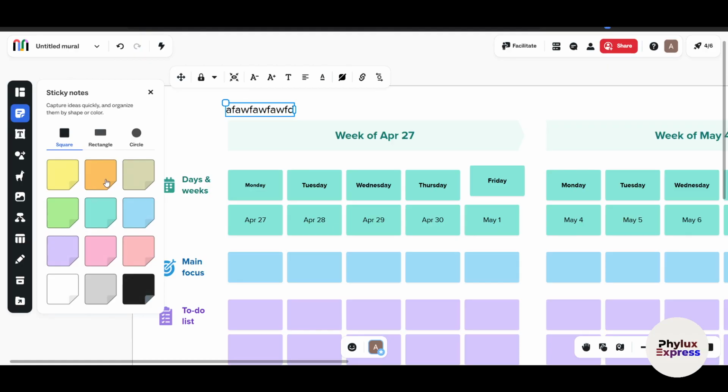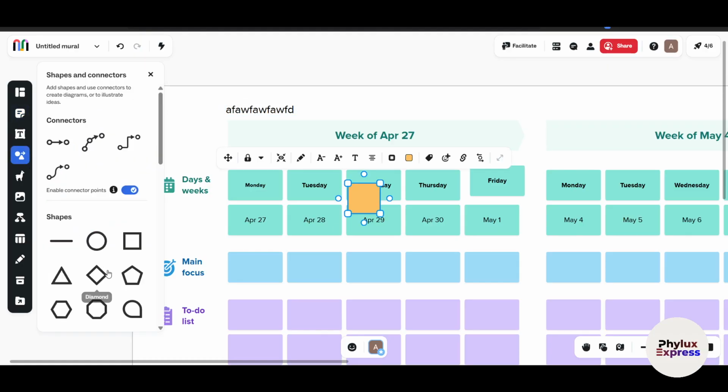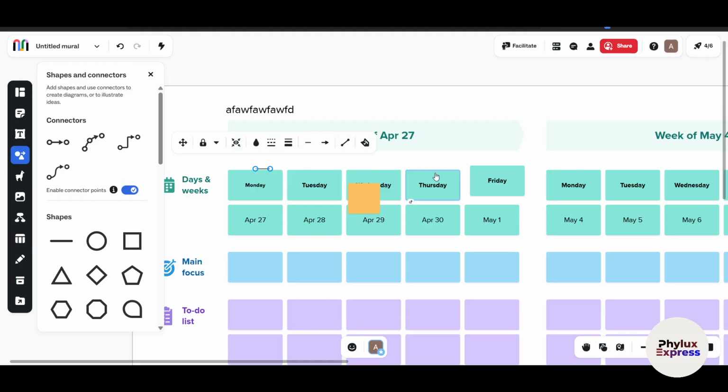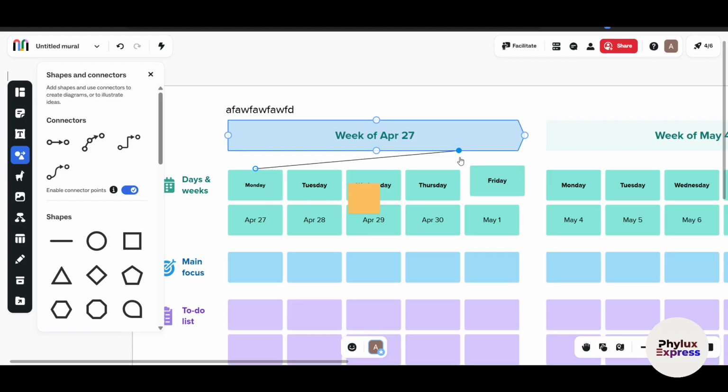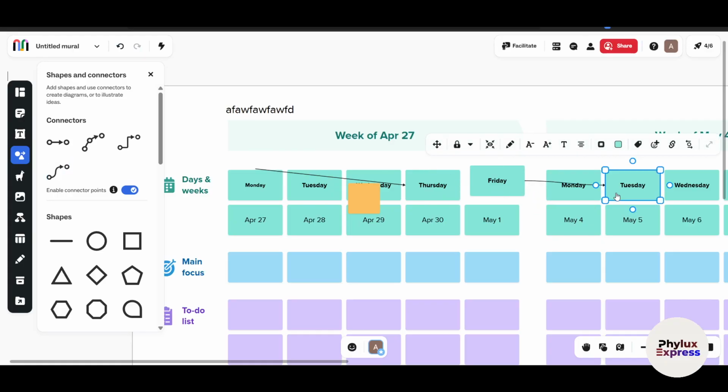This is a sticky note, so you can add a sticky note here, whether rectangle, circle, right? Now this is a shape and connector. So for example, I want a connector, so I can just put it here, right, and to here. So I can just put it like this, click and hold, and this is a straight connector. If you want something like this one, right, this is much easier. For example, I want to connect it from here to, let's say, click and hold,